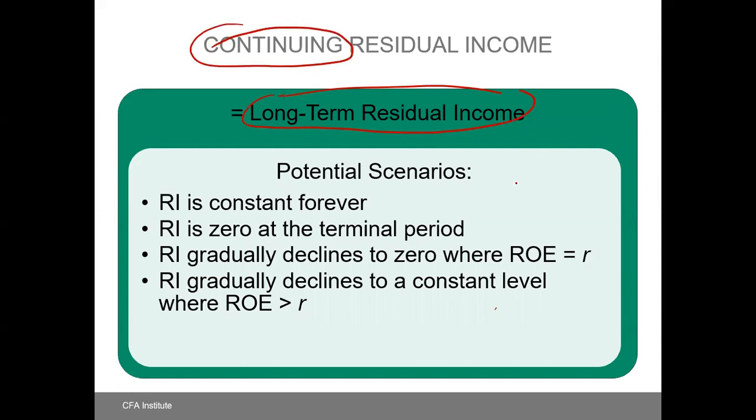So what is it? It is very simple: what is going to happen in the long term, or what is going to happen after the initial stage of growth? You can recall the concept of the H model. The firm grows at a faster rate, but later the growth rate declines, right? So you can relate it here. What will happen in the long run? So in the long term,